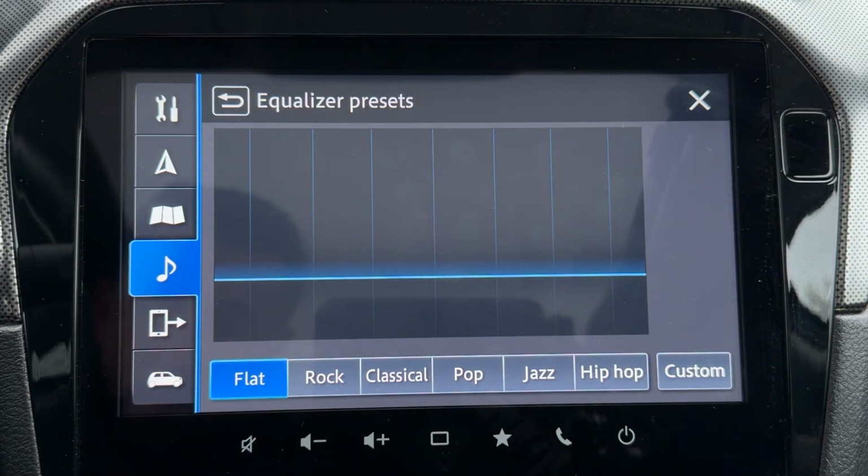As you can see right now, we are in the equalizer adjustments. So here we can choose the specific audio frequencies like bass, mid-range or treble. Right now we are using flat, so it means no frequencies are being boosted or cut. You hear the raw sound as it was recorded, but you can choose some of the following presets, like for